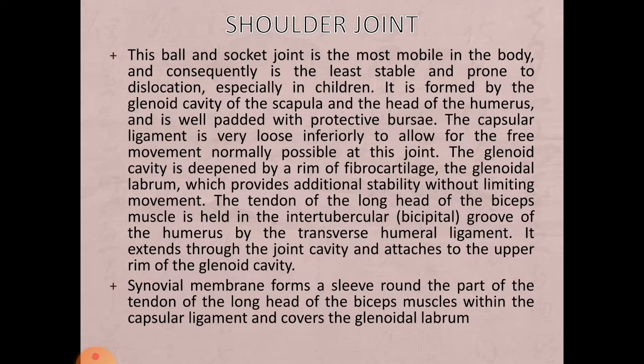There will also be structures that provide stability to the shoulder joint, and we have previously discussed all the structures that are associated with the joint. There will be extracapsular and intracapsular structures: ligaments, bursa, synovial membranes, etc. to provide the stability, and the synovial membrane will secrete the fluid, the synovial fluid, to prevent friction.